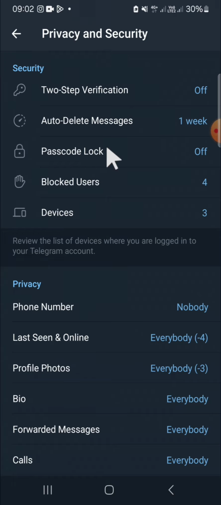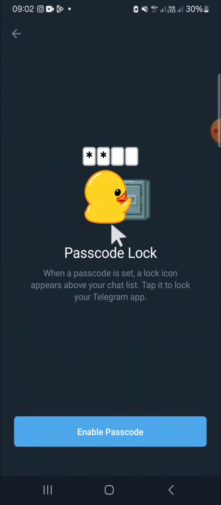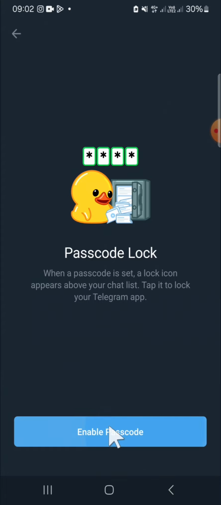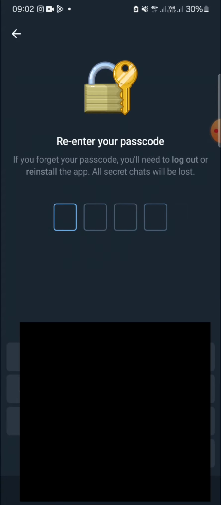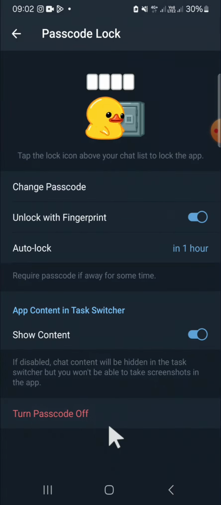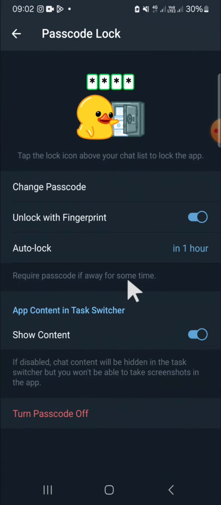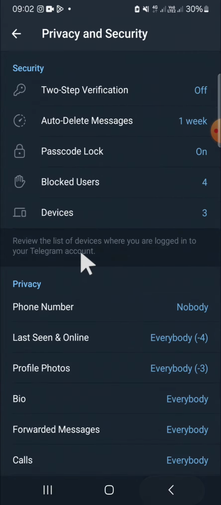You just need to click on this option, and you have to click on enable passcode. Okay, then you can create a passcode and re-enter your passcode. All right, and now the passcode lock has been set for my Telegram application, and I'm just going to go